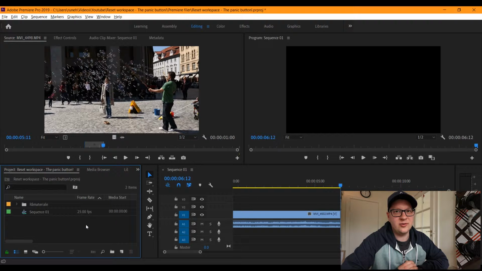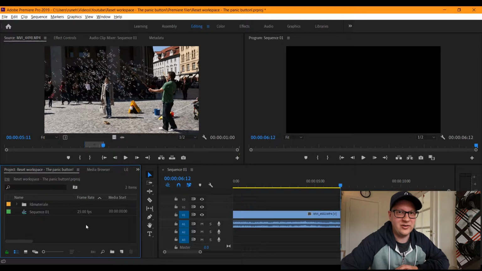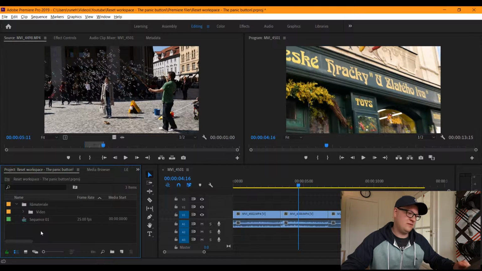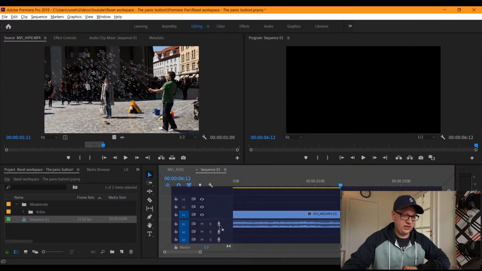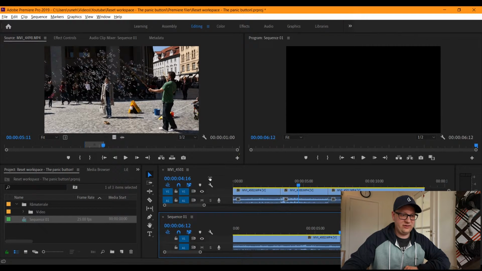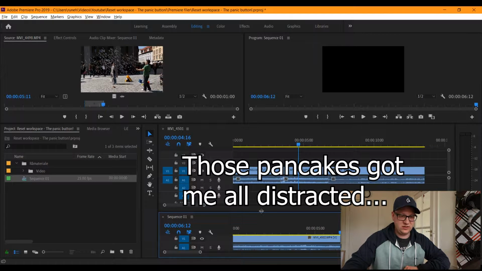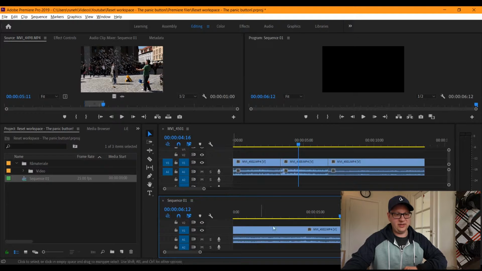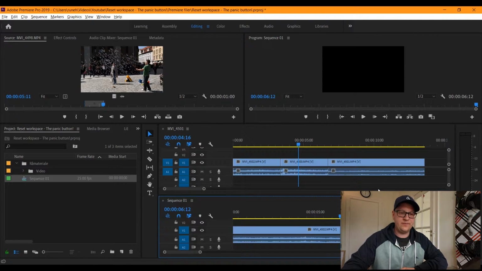For instance, if I want to do some pancake editing. It sounds really delicious, but it's actually a very effective way to edit. I've created another sequence, so if I open up this extra sequence, then I'll drag it down to the bottom here. Now I've actually started my whole pancake editing setup. Now I have my two timelines, so I'm able to do some editing in one timeline and drag it across to the other one. Like if you have one scene that needs to be connected into a main sequence, you can do it like this.